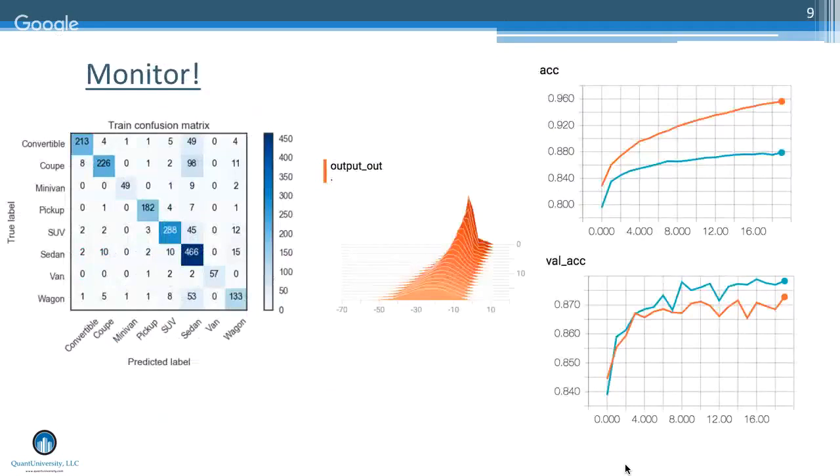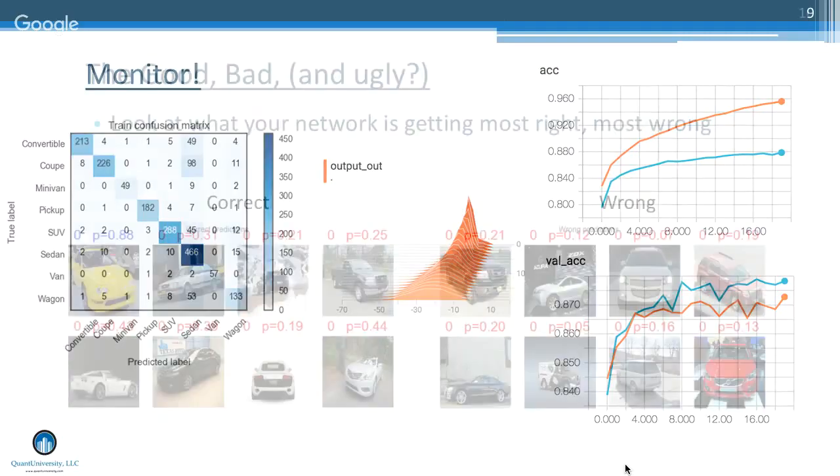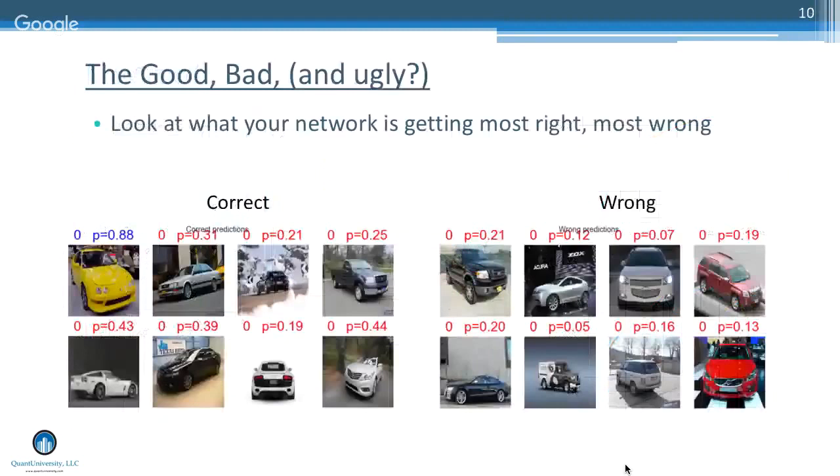Monitoring. We briefly talked about this yesterday. See what's happening. If you're doing a classification task, right, use a confusion matrix to try to understand what kind of mistakes your network's making. We'll see that. Actually, look at your data, right? I'll have some examples later of where things get totally screwed up. And then you're like, oh, my network isn't learning very well because I destroyed my data set by accident. Yeah, look at mistakes. Look at the things it's getting right. Look at the things it's really not sure about.